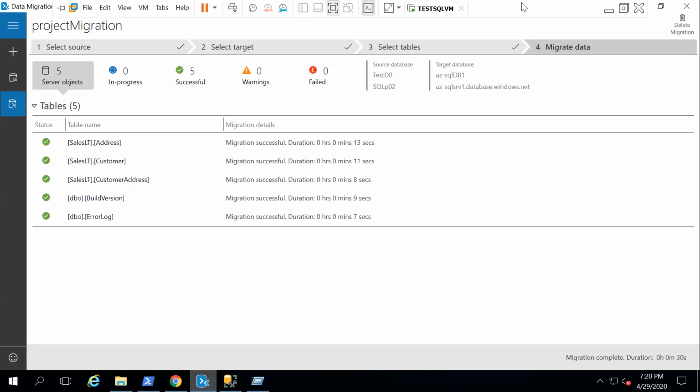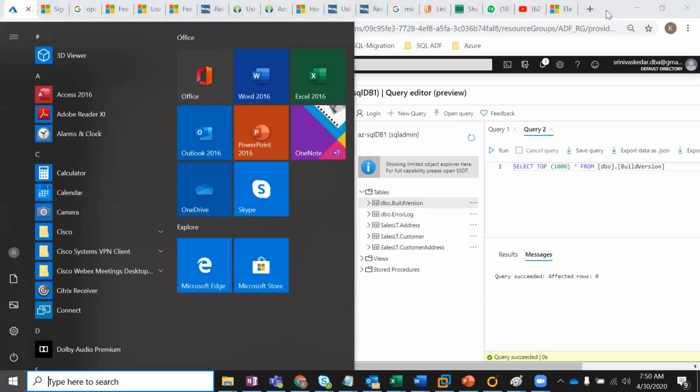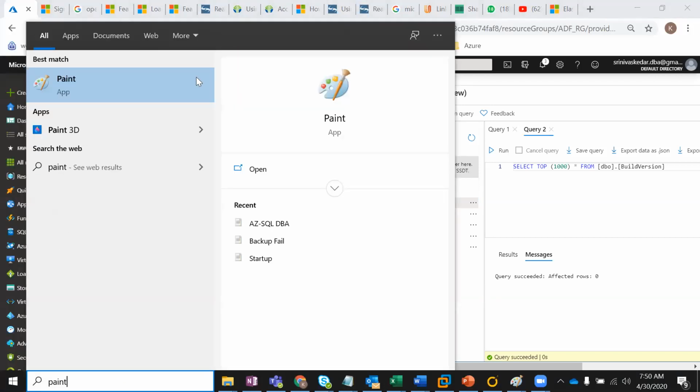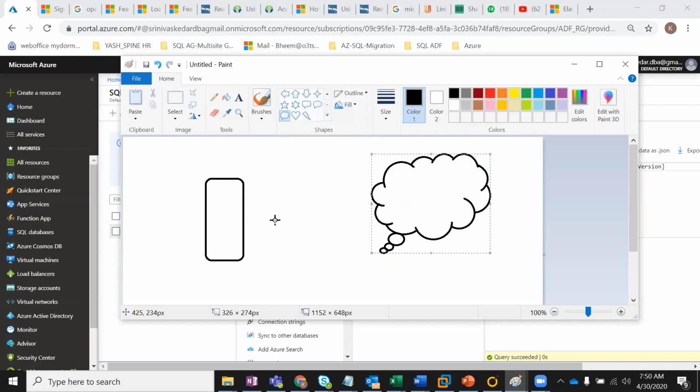The case which we did was basically on premises to a cloud PaaS instance.